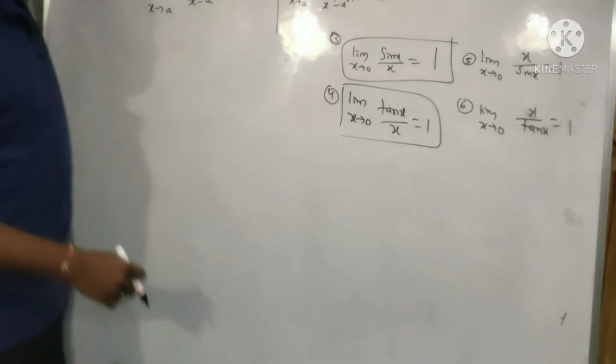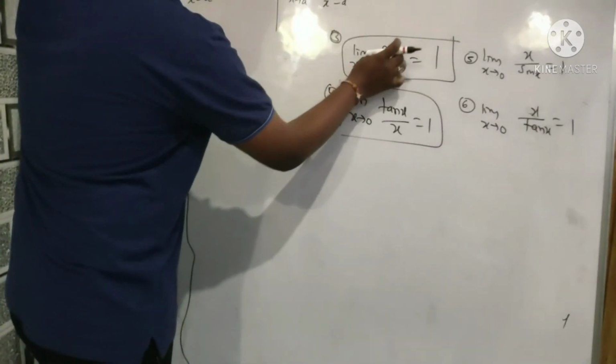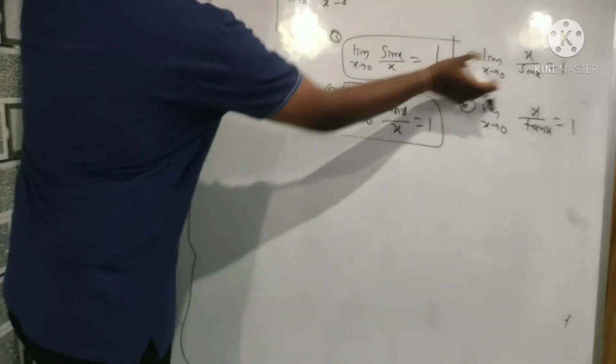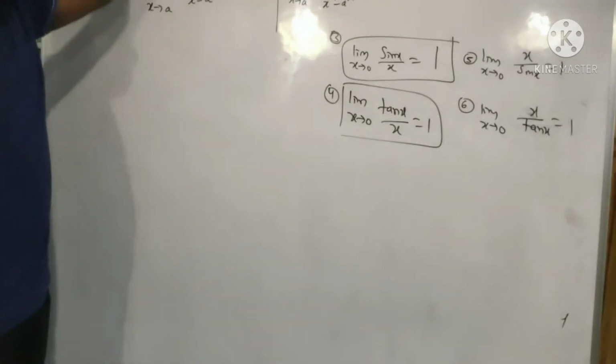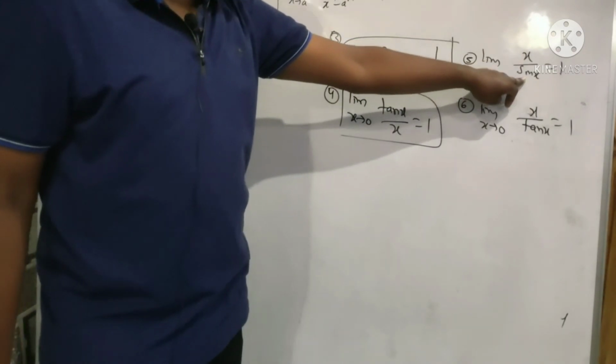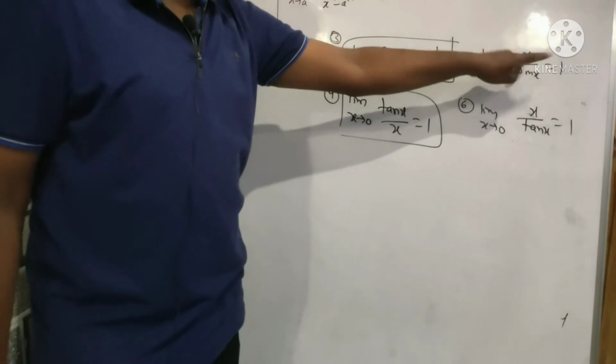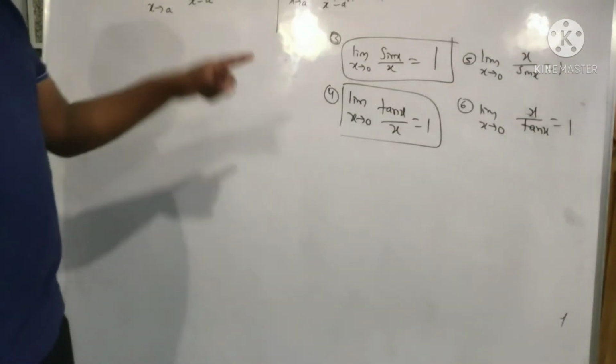So there is one rule here: limit x tending to a of sin x by x is 1, and the reciprocal is also the same thing. You can apply L'Hopital rule. You get here 1 by cos x, and 1 by cos 0, that is 1 by 1, you will get. So however you are going to get